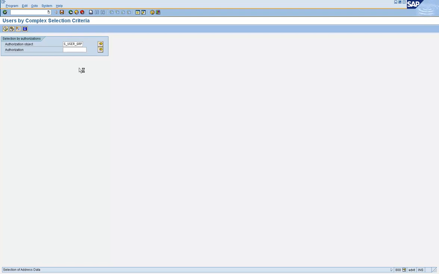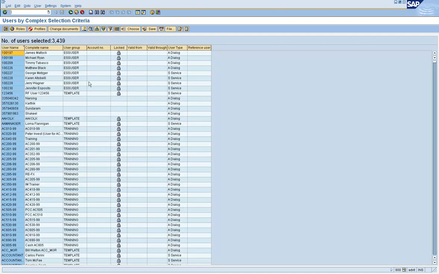So enter S_USER_GRP, for example. So there are 3,439 users who have access to that object.